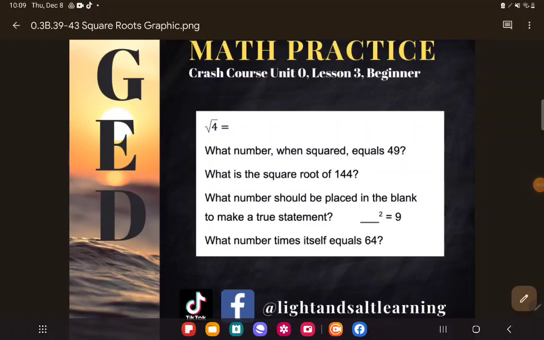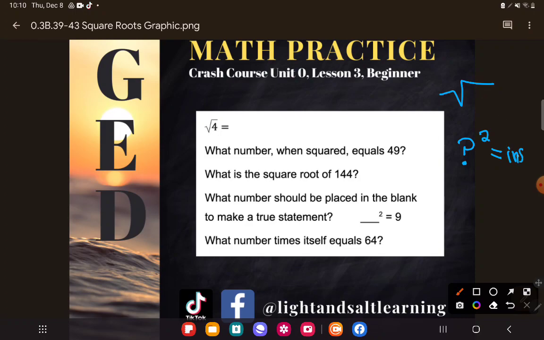Hey, GED students, let's take a look at all the ways that we can think about or talk about this new concept of square roots. So we know our symbol looks like that, square root, and what it means when we have a square root is it basically means what number squared would give me